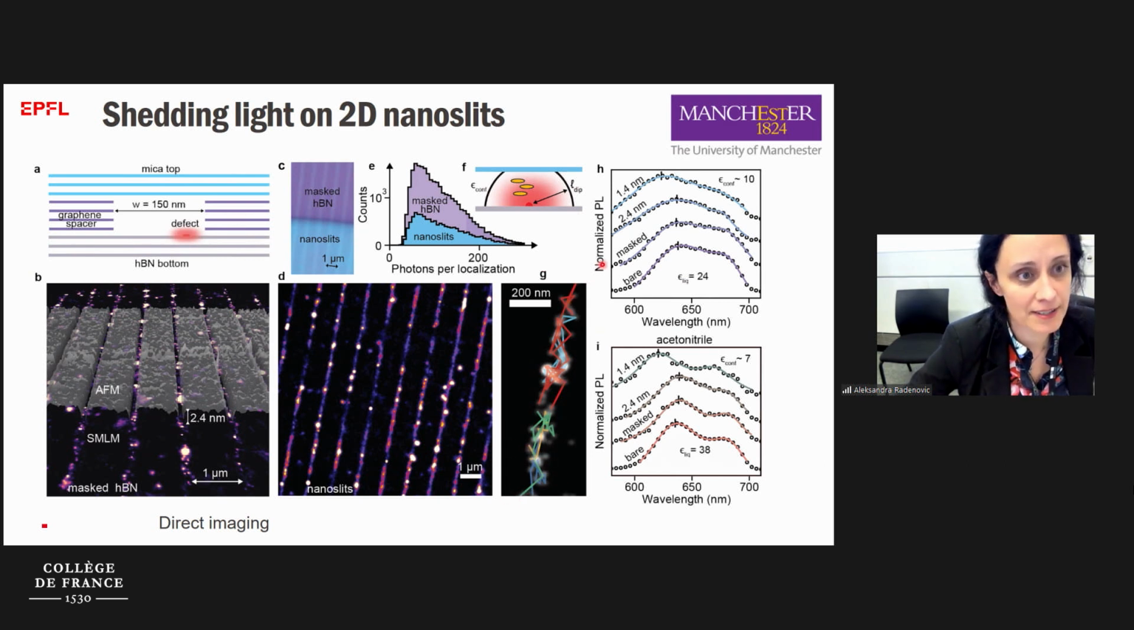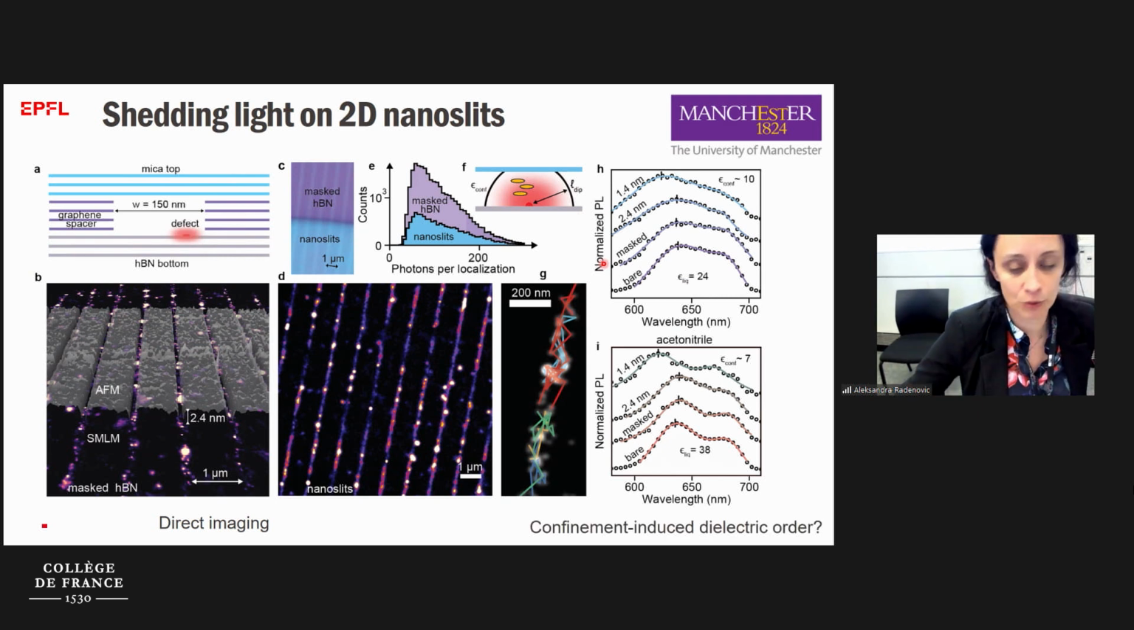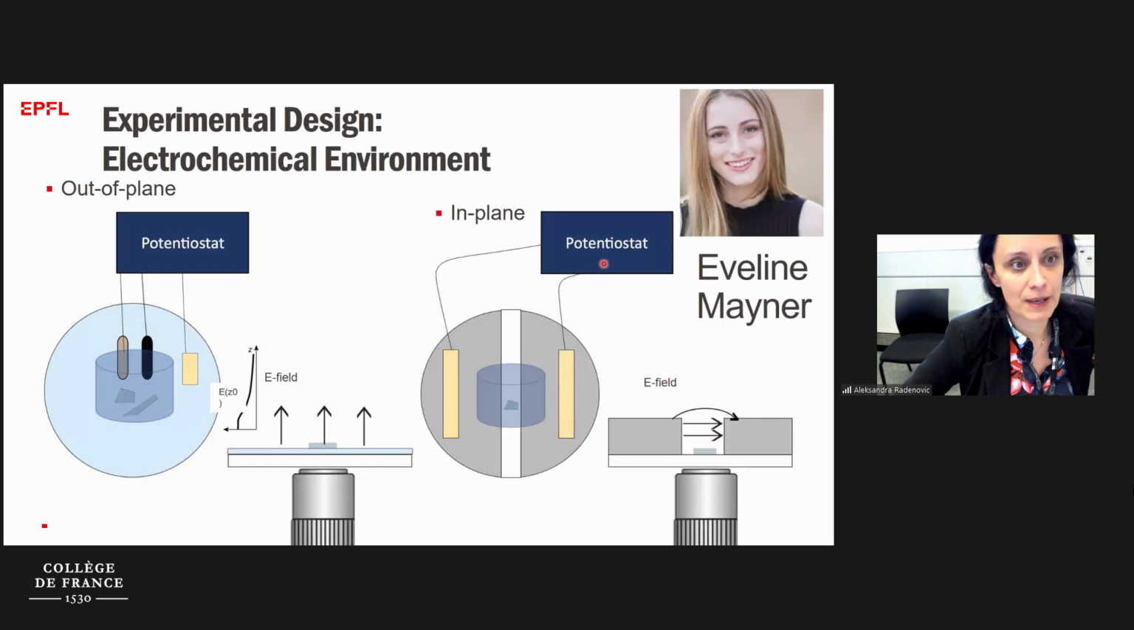single particle tracks in these slits, and hopefully with this we can, in the next experiments, combine these experiments with measurements of electrical properties, or combine it also with pressure, and that's something that we would like to do in the next phase. Another thing that we already made progress on was to influence emitters by electrochemical environment using in-plane